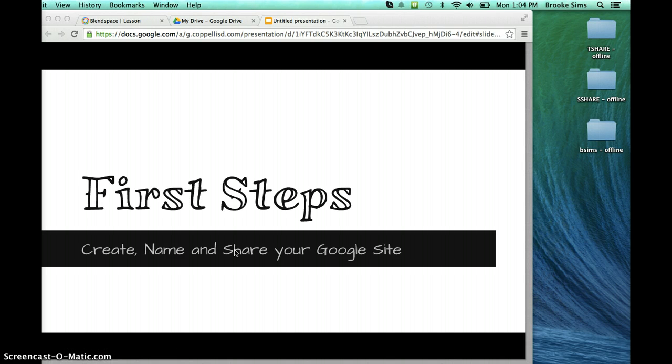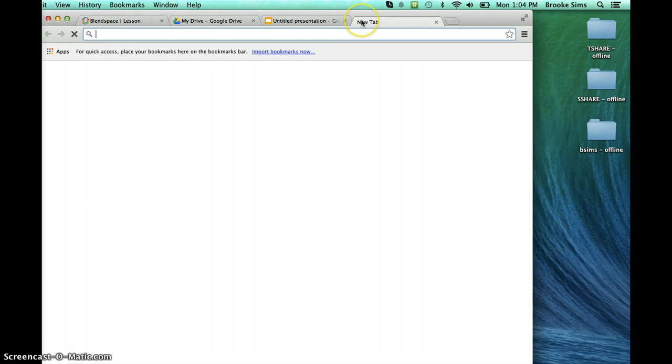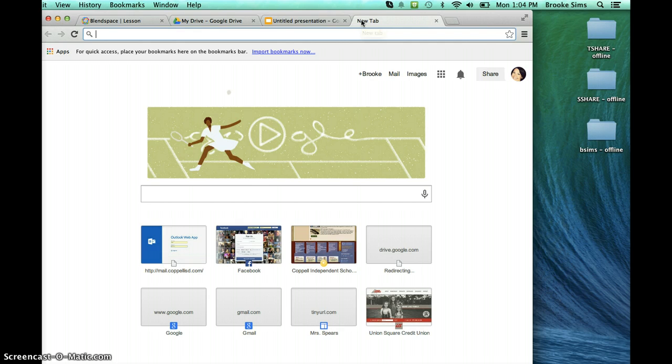The first step will be to open an internet browser. You probably want to use Google Chrome. Once you have an internet page open, you'll want to come up here to the address bar. In this address bar, I need you to type